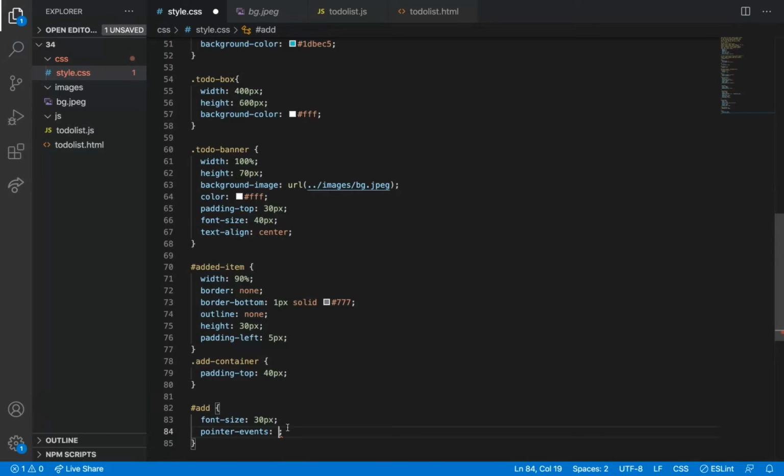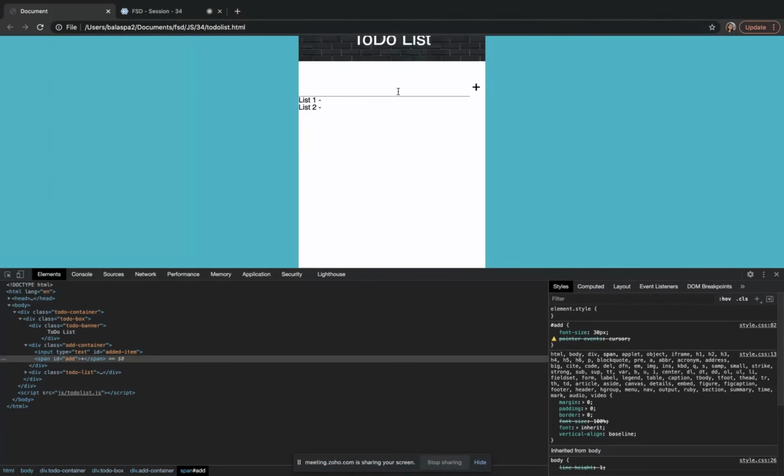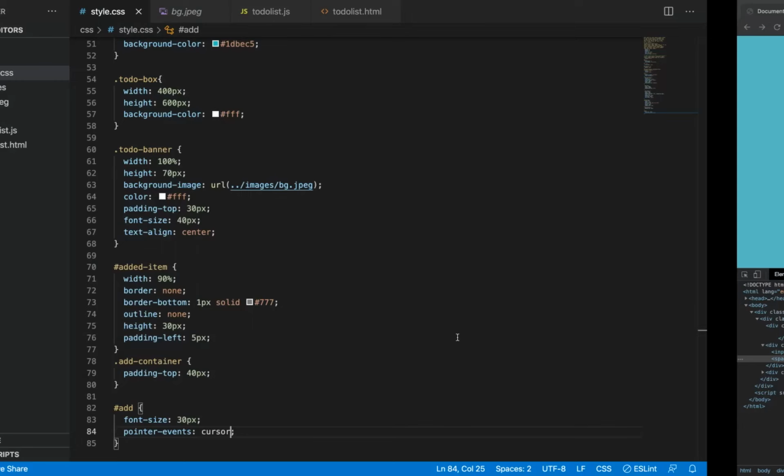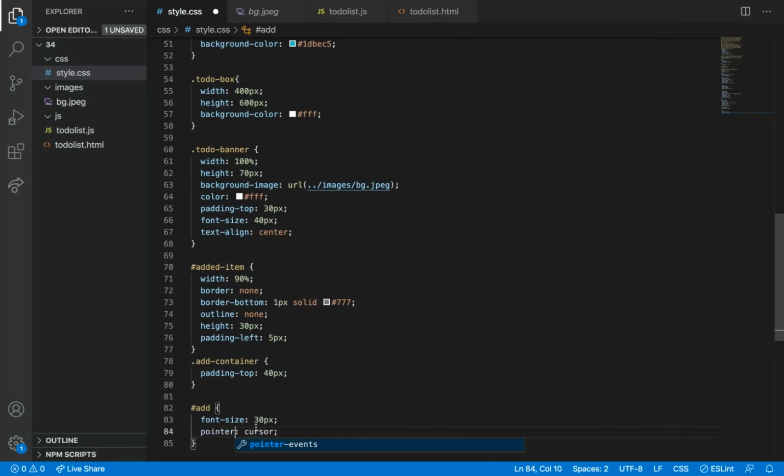Pointer events. Pointer events are pointer events. Let me try. Is it not pointer cursor?